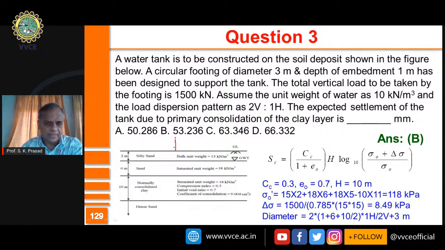Okay, the load is acting like this, and the footing is 3 meters wide, and this is the center of the clay layer. It is mentioned that load dispersion is at this angle, like this. What is this angle? It is given as one horizontal to two vertical. Okay, so 1500 kilonewtons is spread over this much area. This is 3 meters, and this is over a length of 2 plus 6 plus 5. 2 plus 6, 8 plus 5, 13.